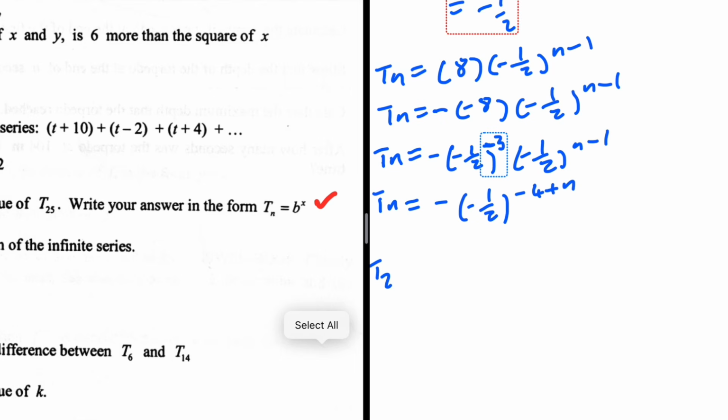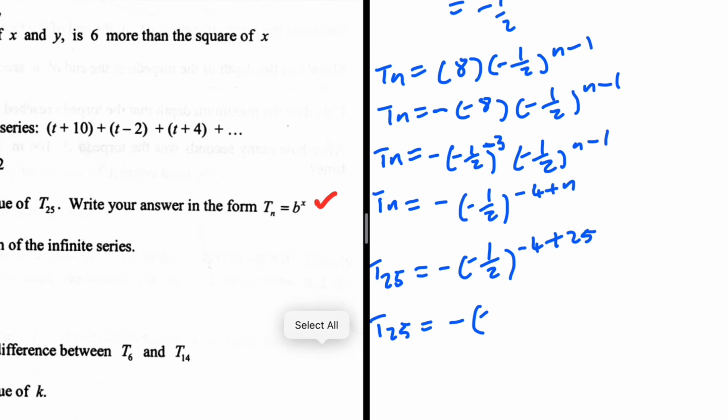So T25 will therefore be equal to minus 1 over 2, and then what? Minus 4 plus n. So that is minus 4 plus 25, right? So T25 is equal to minus 1 over 2 to the power minus 4 plus 25. That is 21,